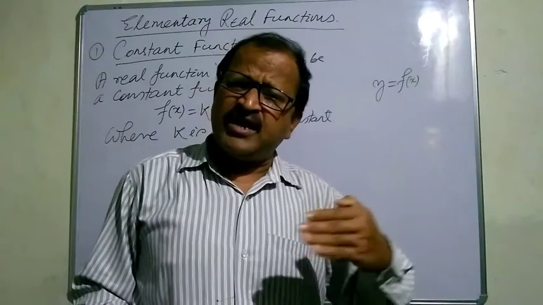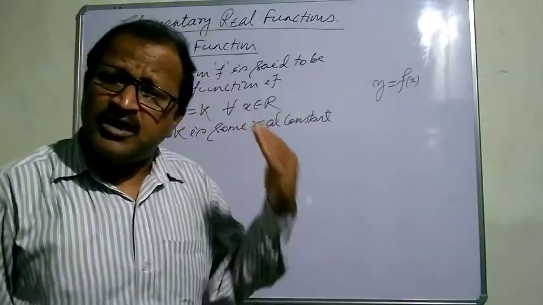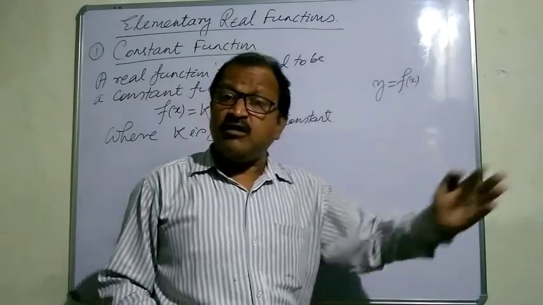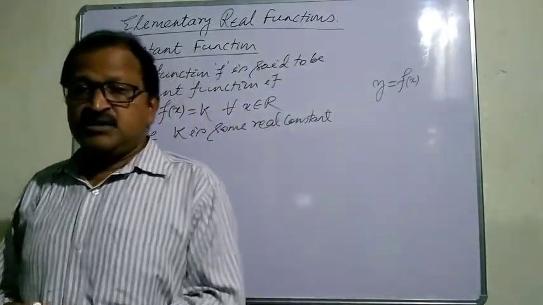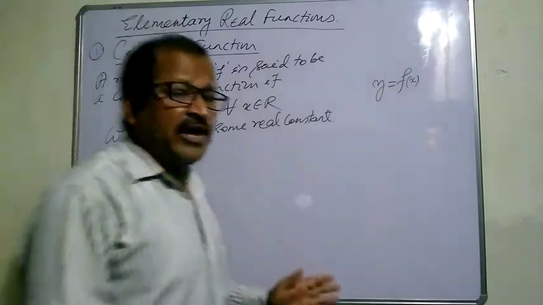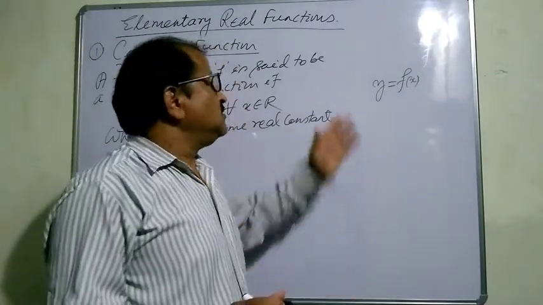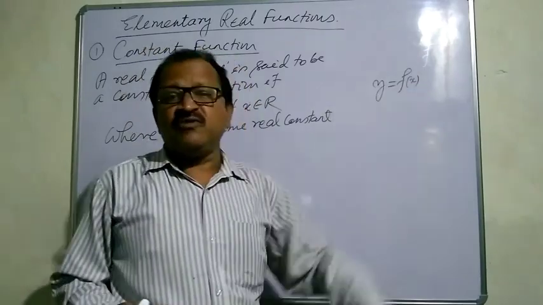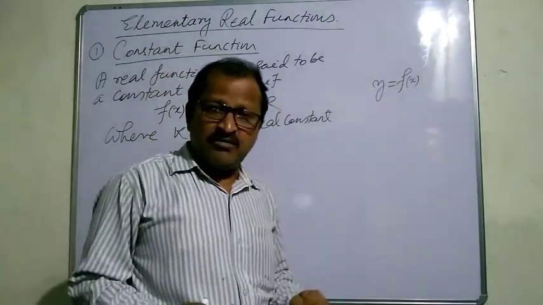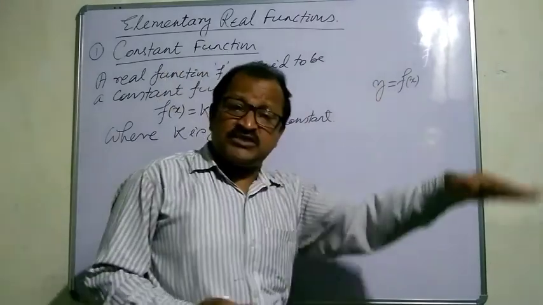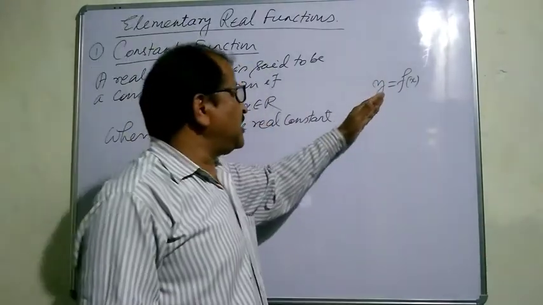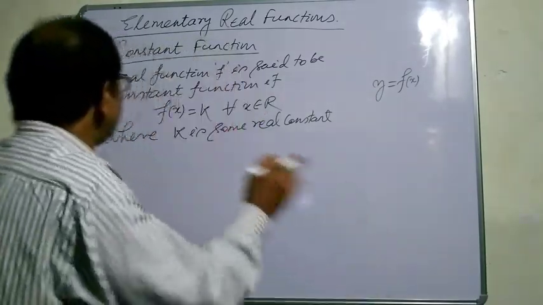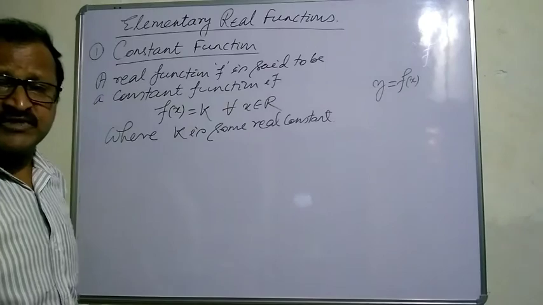It can take any value from the domain of the function, and y varies over the codomain, but it takes selective values. How selective? Its value will be selected according to the value of x. That is why it is called the dependent variable. That means if we change the value of x, you will get the corresponding changed value of y. But in case of constant function,